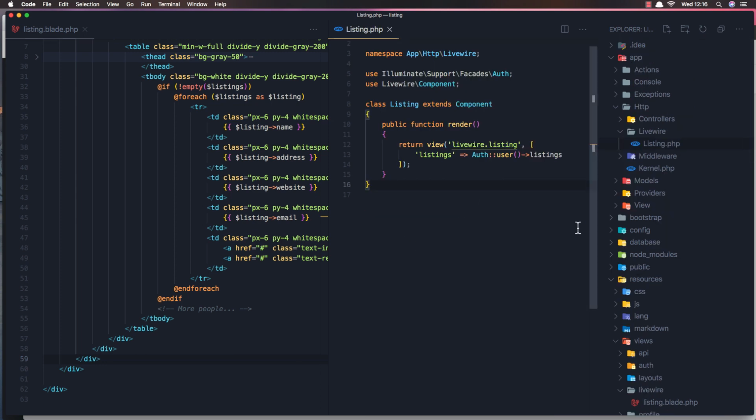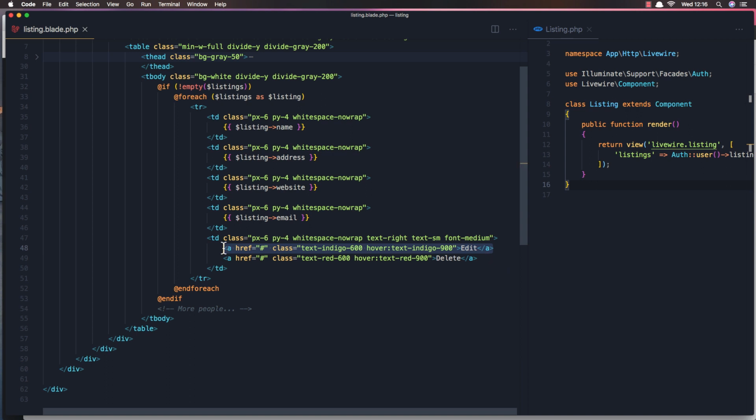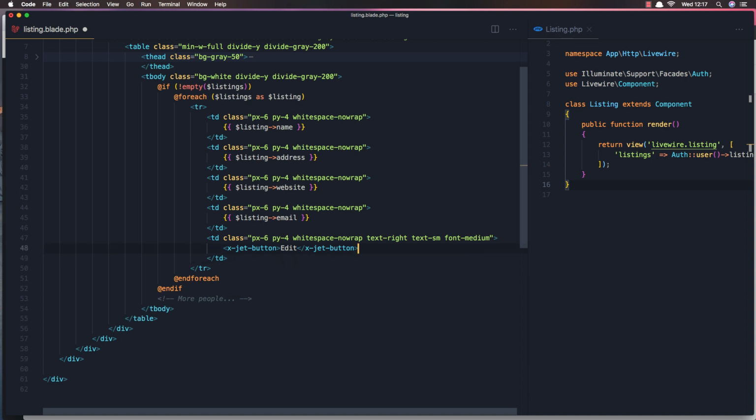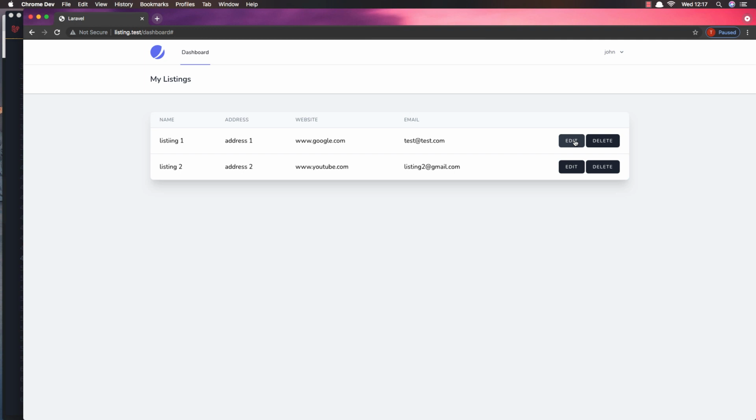Okay, and now I'm going to add here a button. So x-jet, because it's Jetstream, x-jet-button, and edit, and the same thing here, x-jet-button and delete. Okay, if I save and come here, refresh, and we see we have edit and delete